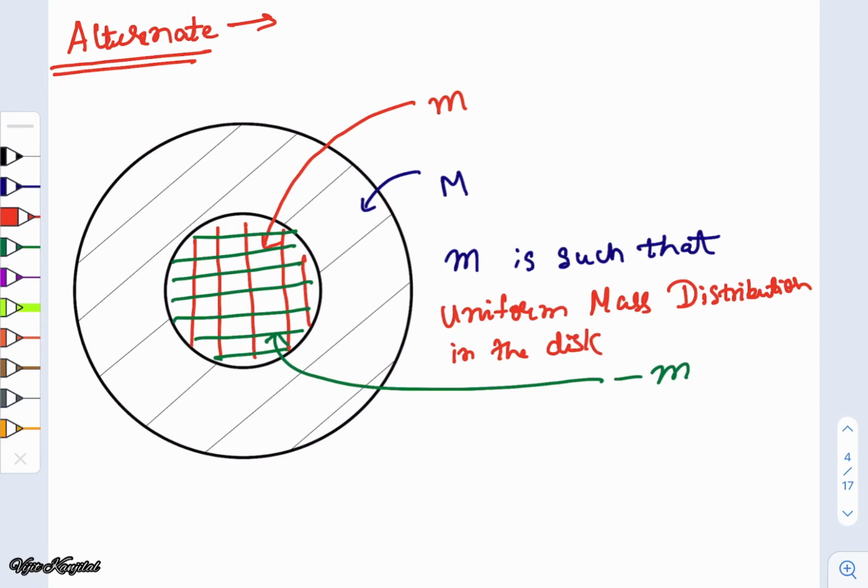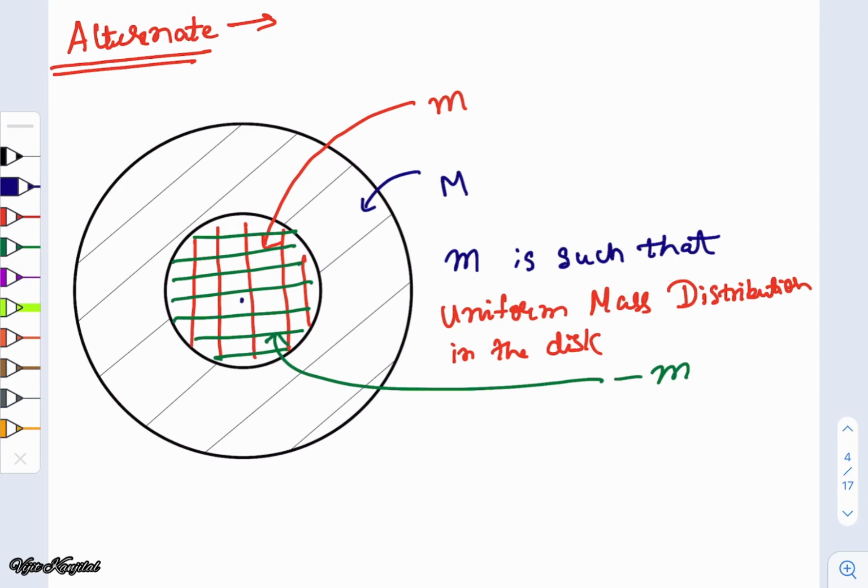So how can we again mathematically assume the problem to be? We can assume that we have a disk of uniform mass distribution that is formed by the combination of capital M and small m, and there is a disk of mass minus small m located at the center of the disk,